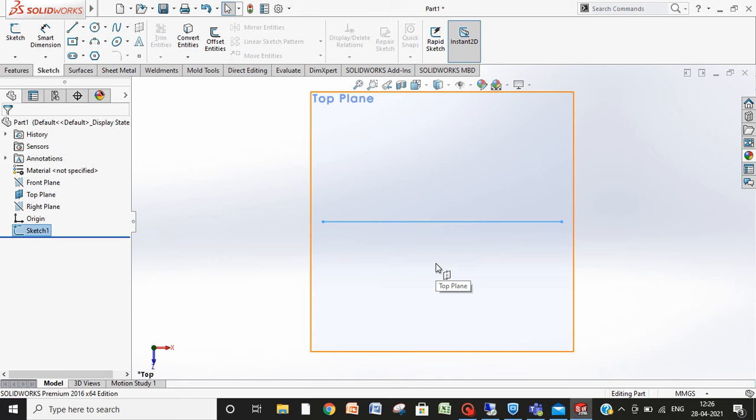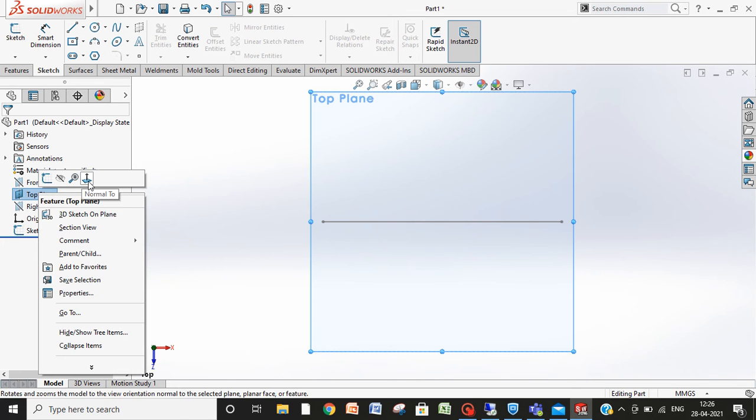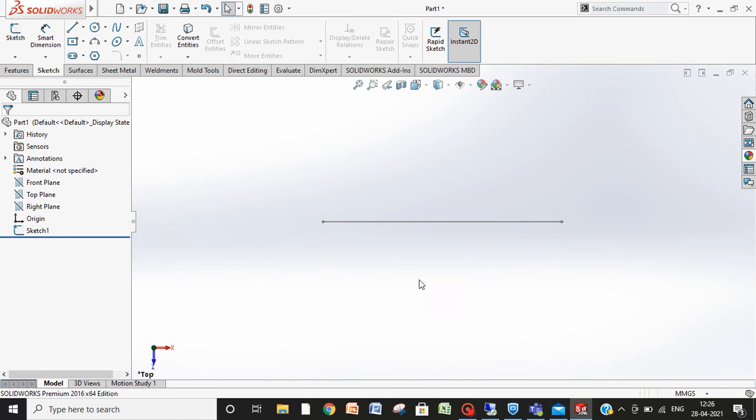While viewing other angles, we rotate something and you want the sketch back to its normal view, parallel to the screen. Then just right click and make it normal to view. Now top view, let me hide this. I don't need it. I usually don't show the planes.